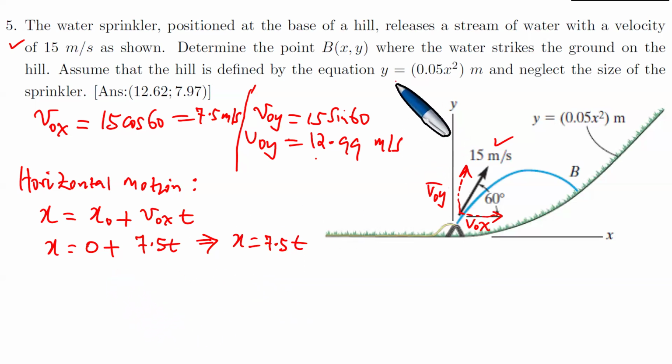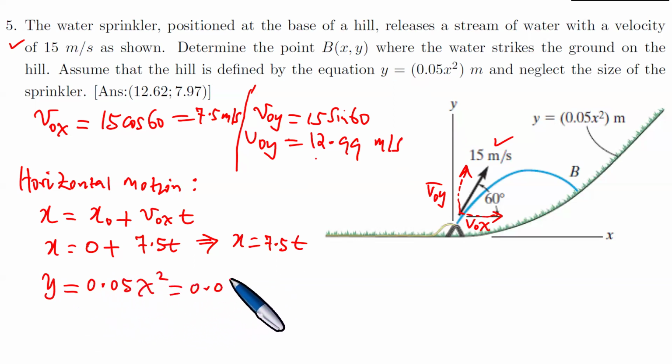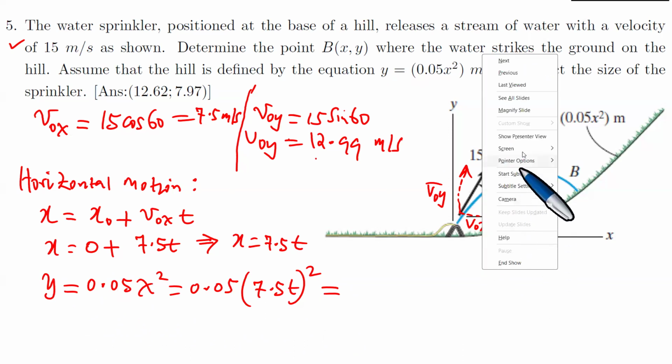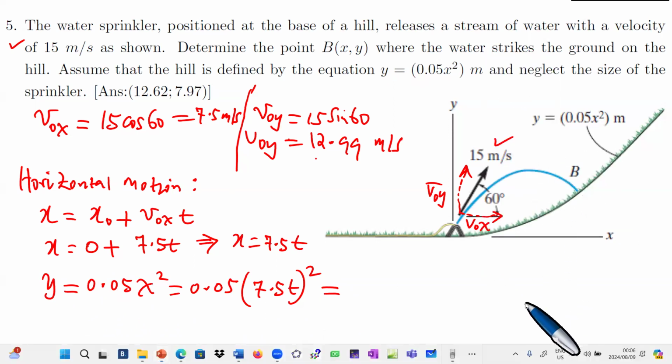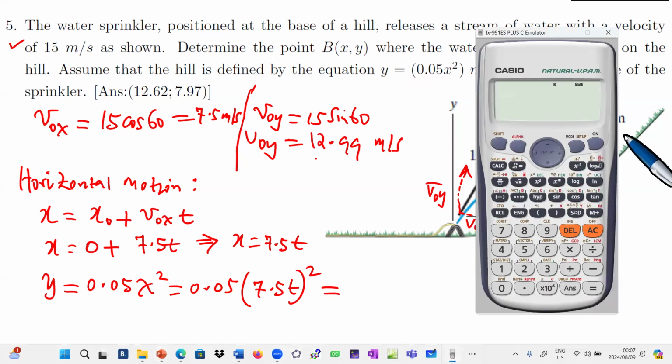It is the fact that we know that our y, for example, is 0.05 x squared, and our x is 7.5 t, and you square that. Okay, substitute here. And now we're going to actually get the answer to this substitution. And if you do that, you'll have exactly